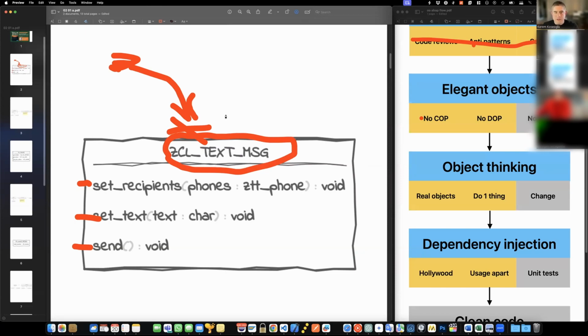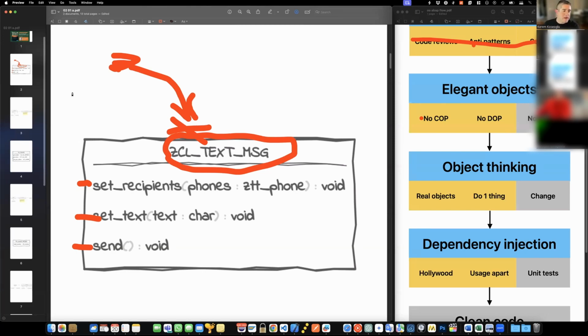You do a huge where-used list because you are dependent on this class, and you must modify each and every program which has send message functionality. So if your programs or other classes are referring to your Z classes directly, this is not a best practice. This is class-oriented programming, not object-oriented programming.